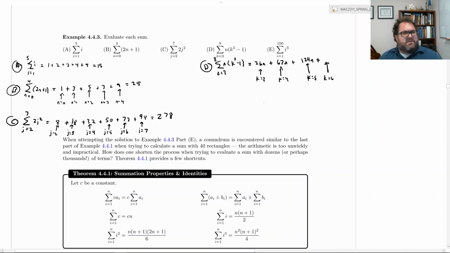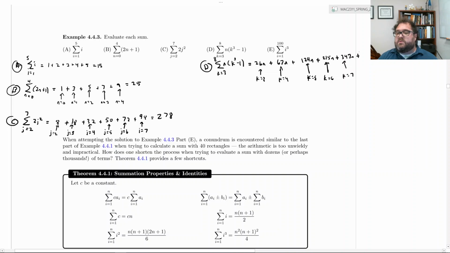6 cubed is 216. 6 times 6 times 6. Yeah, 216. Minus 1 is 215, times n gives you 215n. Plus, 7 times 7 times 7, 343. Yeah, 343 times n. So when you plug in k equals 7, you get